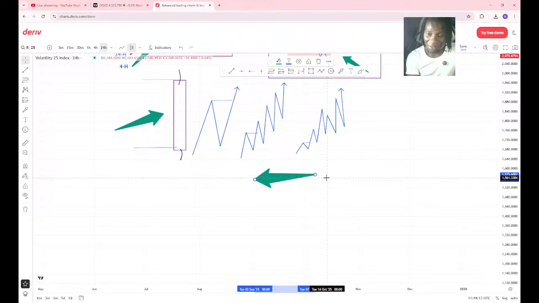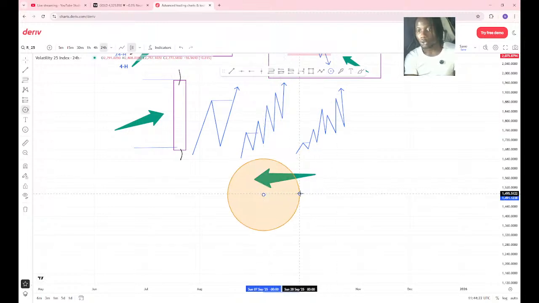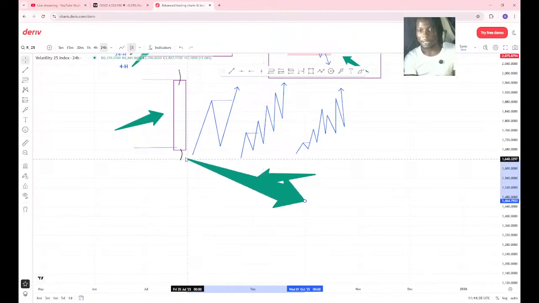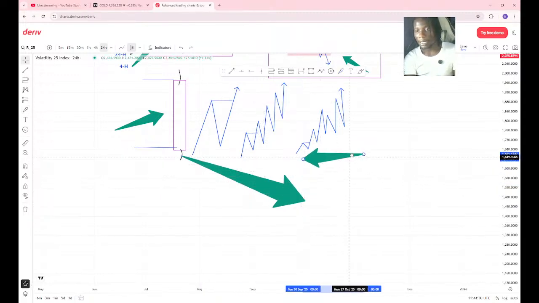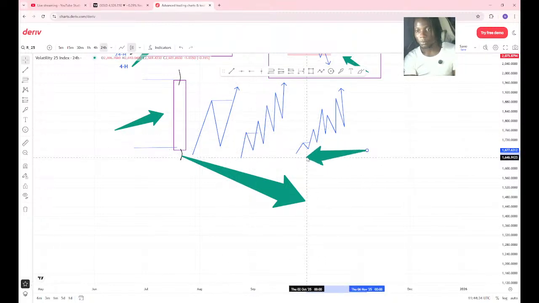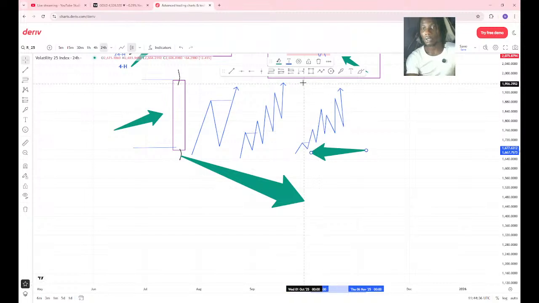Even with 30 minutes, even with 15 minutes, even with 5 minutes, you can go to the lower time frame and use that. Then if you want to watch, you watch from the higher time frame. Sorry about that. This is for watching and this is for entry, so that you get the maximum points, since we are retailers.